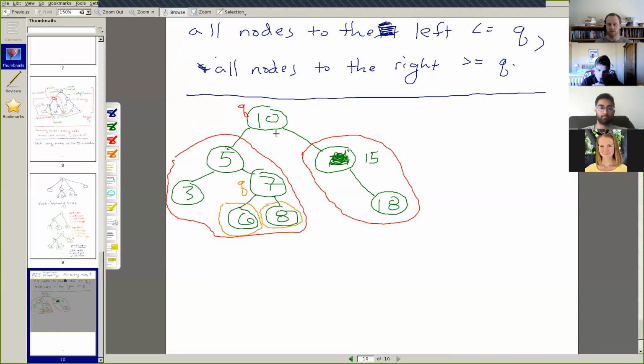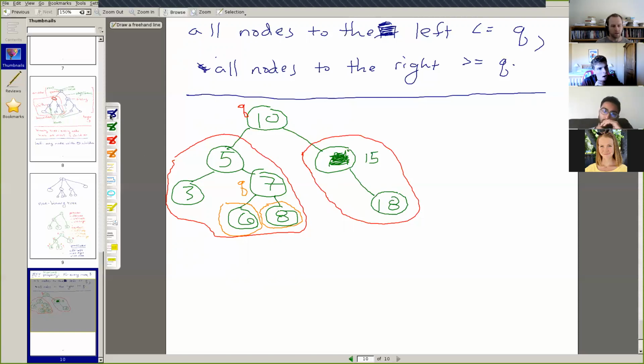And the thing that makes this a binary search tree is that this BST property doesn't just hold for the root, it holds for every node in the tree. It holds for this 7, this 10, this 5, this 3, this 6, 8, 15, 18, for all of the nodes.